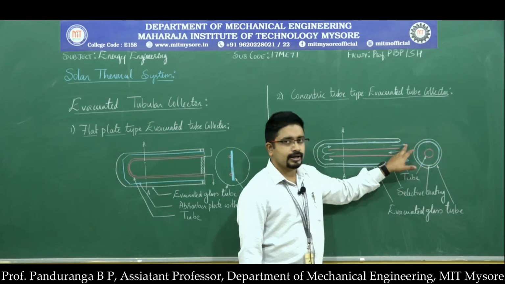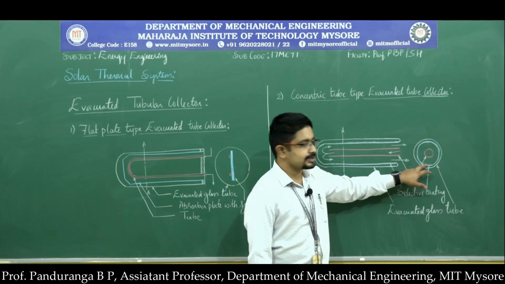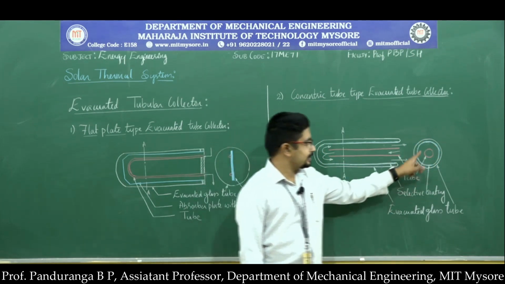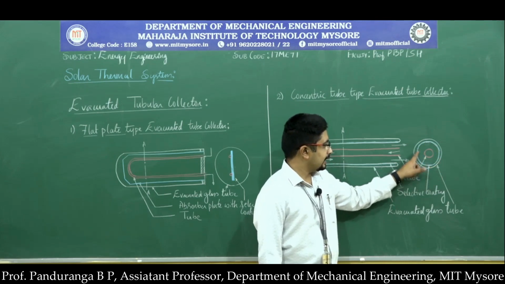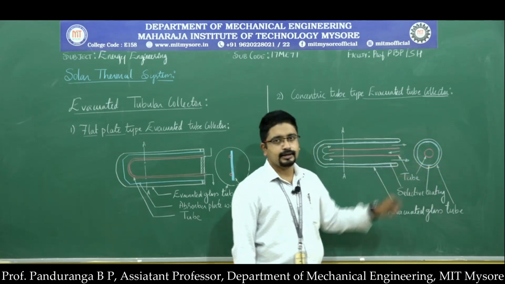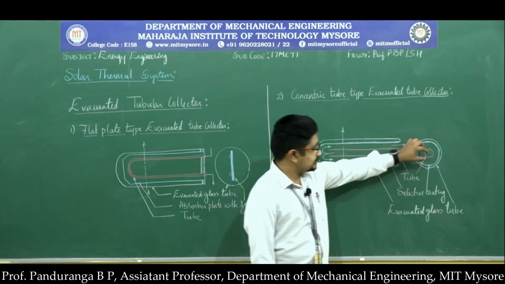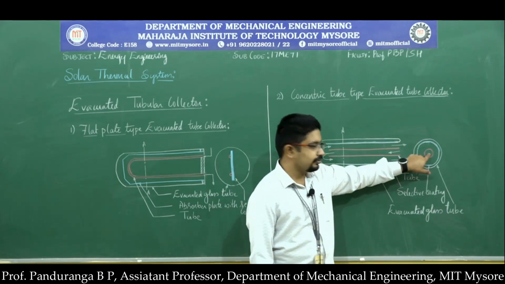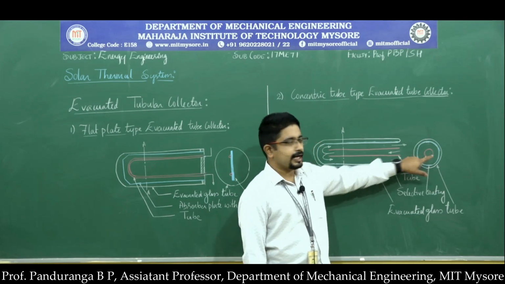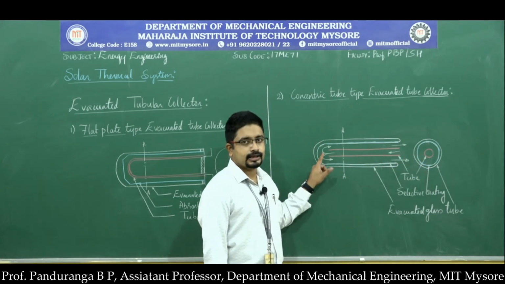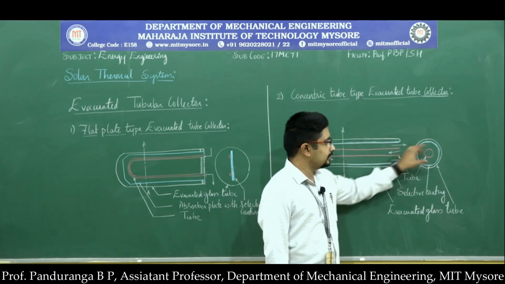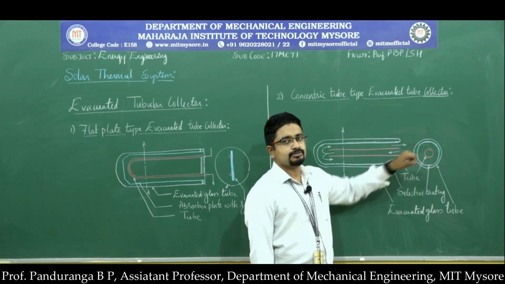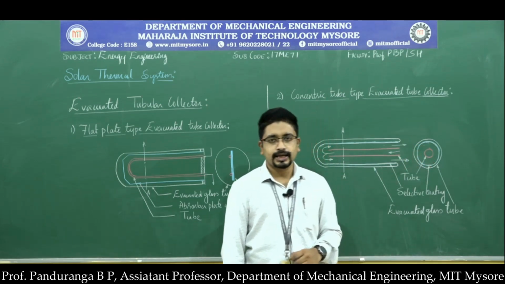This is the larger tube, and in between inside that we have a smaller tube. These two tubes are made of glass, and there is a selective coating, and the air will be removed from this annular gap. And then at the center we have a small tube through which the water enters. So the water enters through the center and reaches this other end of the glass tube, and then from here it comes out of the annular gap between the evacuated tube and the smaller tube and absorbs heat energy.